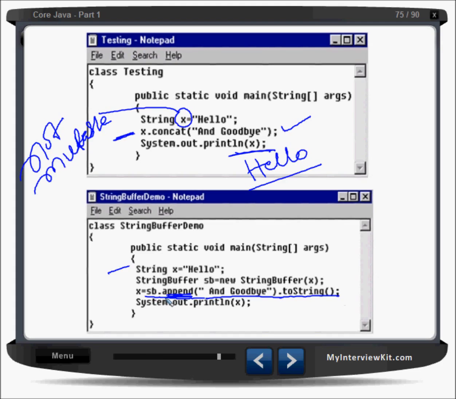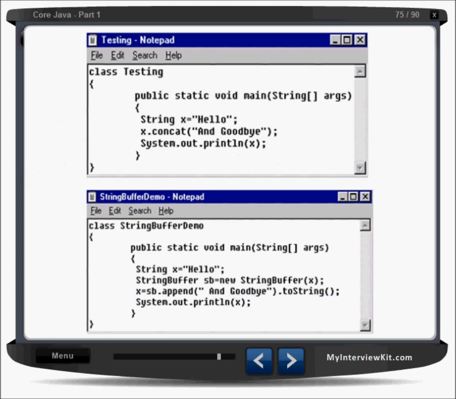So now sb will hold hello and goodbye. In turn, x is also repointing to hello and goodbye. x was first pointing to hello, now it has left the address of hello, and it is pointing to a new address, that is hello and goodbye, and now we are printing here. So StringBuffer is mutable, okay, while String is immutable.